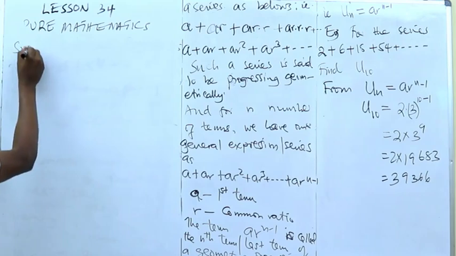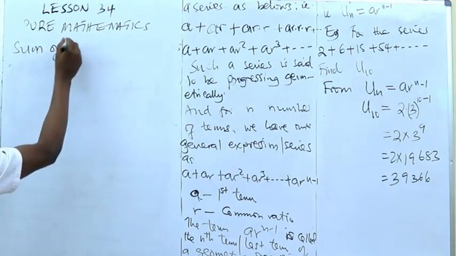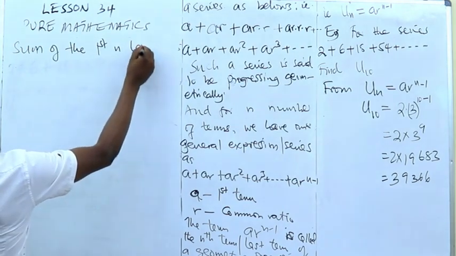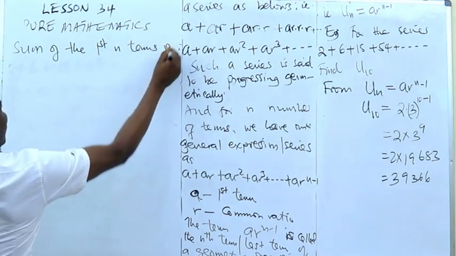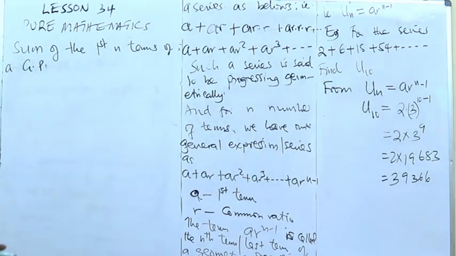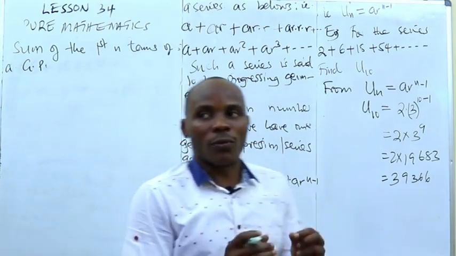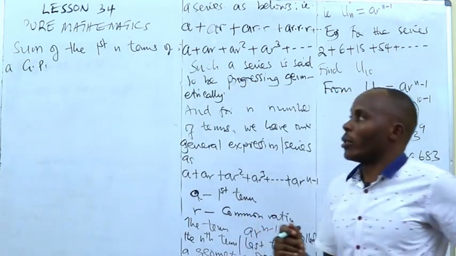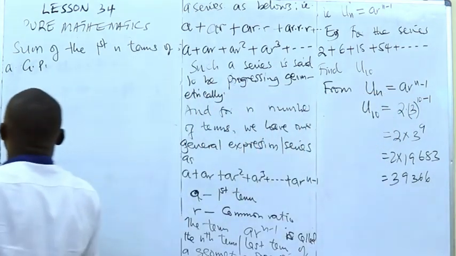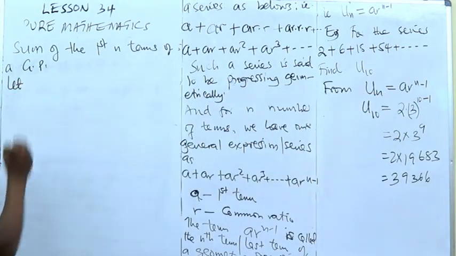Sum of the first n terms of a GP. GP is the abbreviation, the short term of geometric progression. Now, if I let